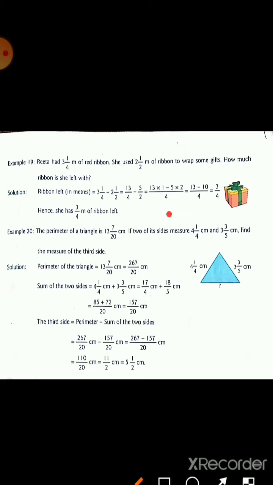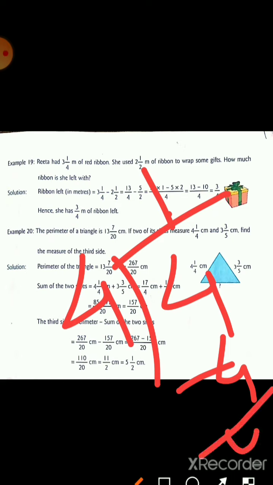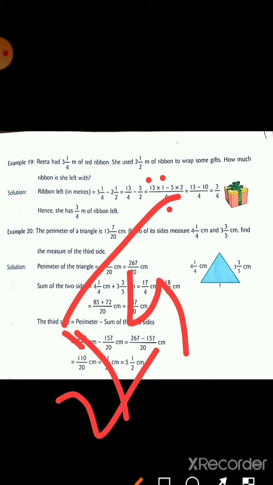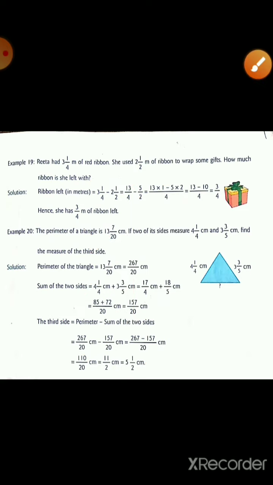Next step, we have to divide the LCM by the denominator. So 4 divided by 4, that is 1. This quotient we have to multiply with the numerator of the first fraction. So 13 into 1 minus, again we have to divide the LCM by the denominator of the second fraction. So it becomes 2 2s are 4. This quotient we have to multiply with the numerator of the second fraction, 5 here. So 5 into 2. So 13 into 1, that is 13, 5 into 2, that is 10, by 4. So it becomes 3 by 4.